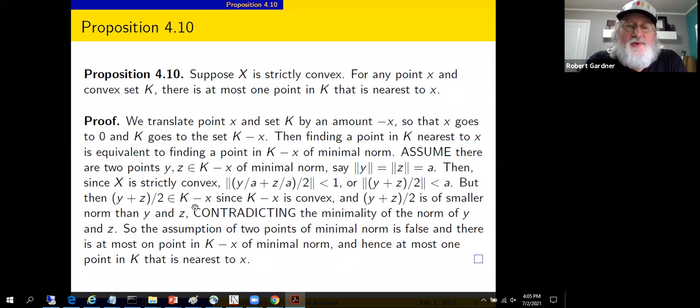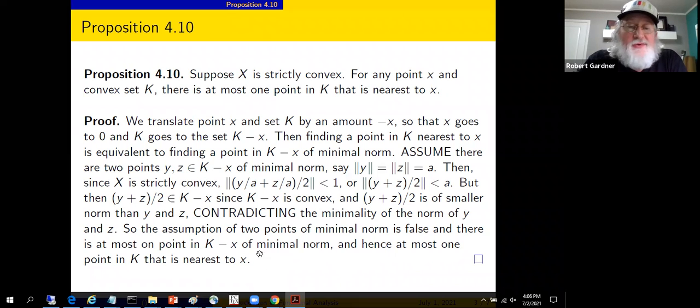So (y plus z)/2 is in K minus x, but (y plus z)/2 has a norm less than a. And we assumed that y and z were of minimal norm, and that minimum was a. So there's a contradiction, and the contradiction comes in assuming there's 2 distinct points, y and z of minimal norm, 2 distinct vectors of minimal norm. So the contradiction of that minimality says the assumption that there were 2 distinct such points, such vectors must be false, and that's how we draw the conclusion of there's at most 1 point in K that is nearest to